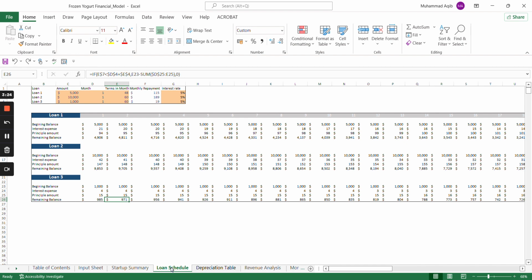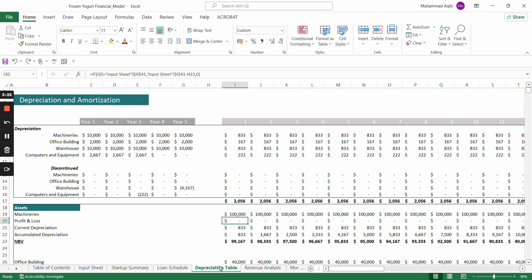not overstated. Moving on to the depreciation table, this allows frozen yogurt to keep a track of the fixed assets and to record depreciation on monthly as well as yearly basis. This will allow frozen yogurt to keep track of their assets and to not overvalue them and misrepresent them in